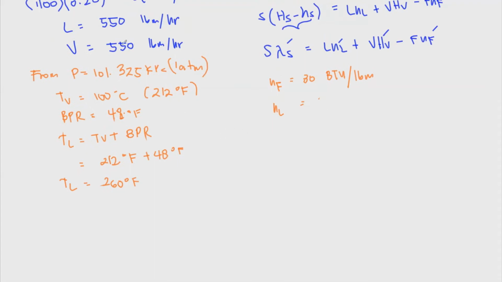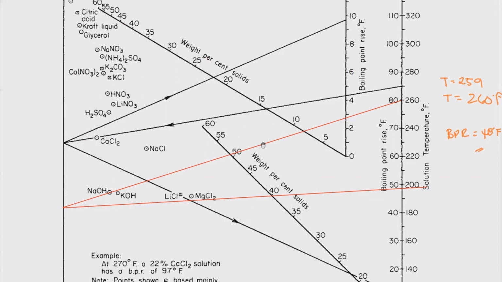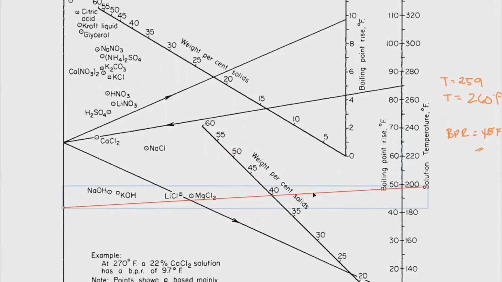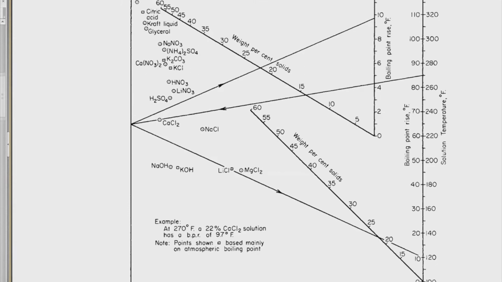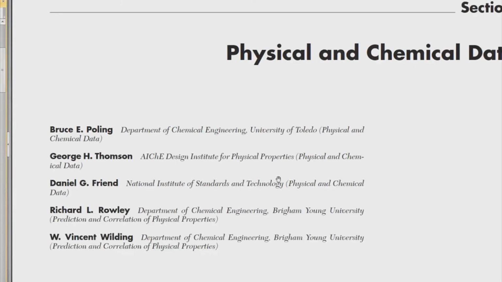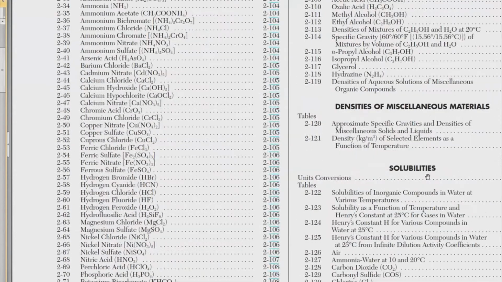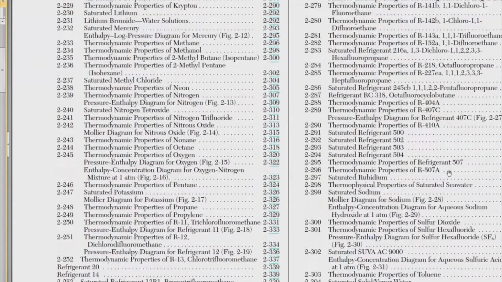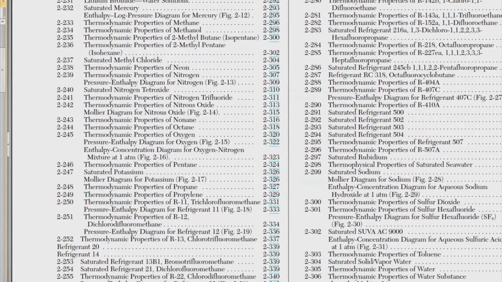And now we go back to this enthalpy concentration diagram and take a look at 260 degrees Fahrenheit using our HL at 40% concentration. So we go back to, let's remove this, because it might get removed when we take the board exam. So don't ever write something on your Perry's handbook. Don't take the risk. Okay, so let's go to physical chemical properties, and then the enthalpy concentration diagram of sodium hydroxide